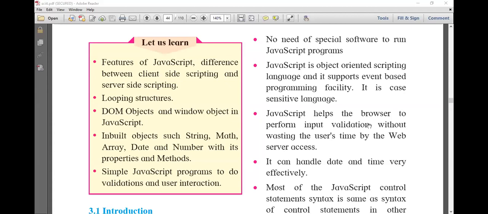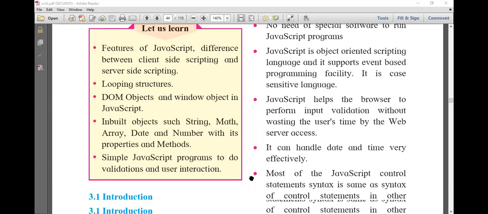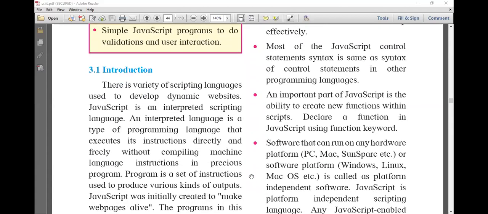Here we are going to see what we have to study in this chapter. Now the first point is the introduction of JavaScript. What is JavaScript? There are varieties of scripting languages, you know very well. And why are we using a scripting language? Just to develop dynamic websites. Scripting languages are used to develop dynamic websites. And JavaScript is an interpreted scripting language. Now, what can we do with pure HTML, and what can't we do in HTML? This is a very important thing which you have to know.